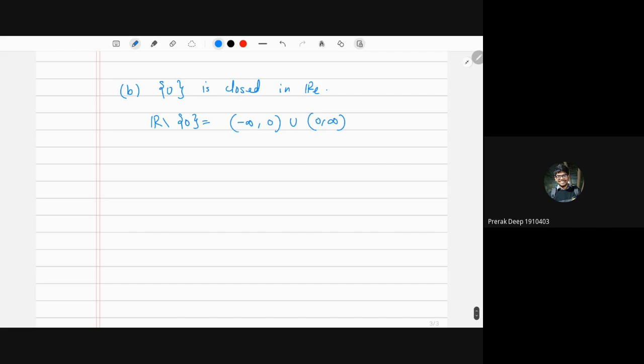Okay, now why is this open? Because you can rewrite it as a union of these intervals. Each of these intervals is open in RL, because this set, minus infinity to 0 open, can be rewritten as an arbitrary, countable union of basis elements in RL. So it is an open subset. Similarly, the other interval 0 to infinity can also be rewritten as